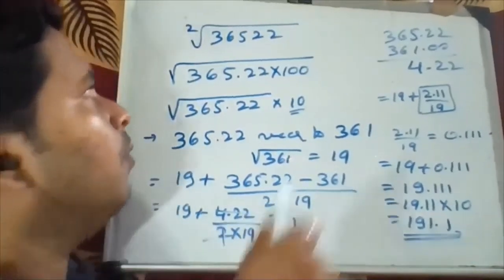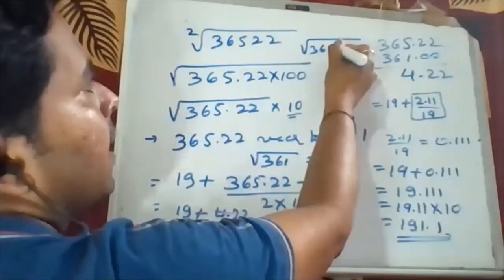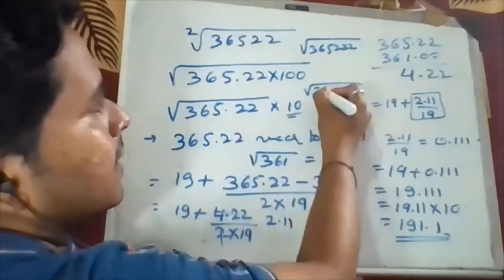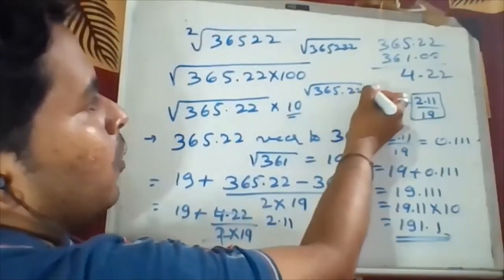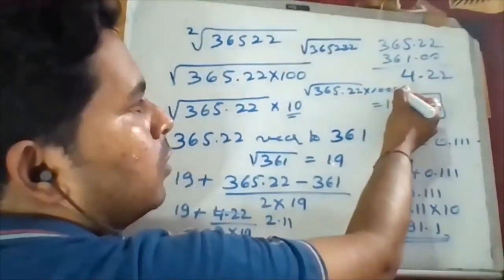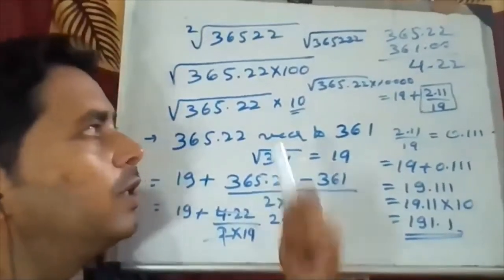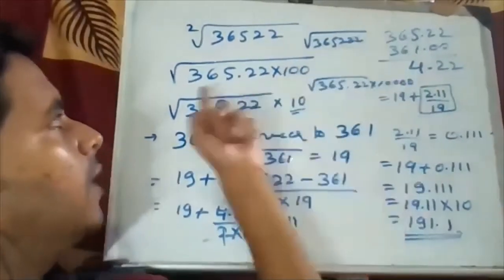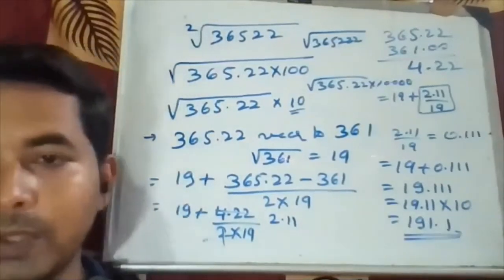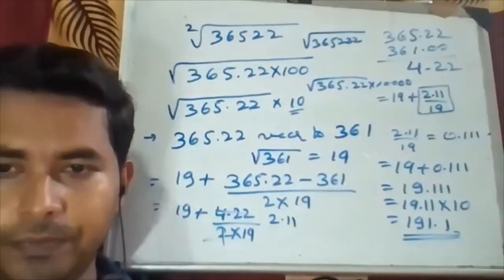Suppose अगर आपको सेम क्वेश्चन 6 डिजिट का है अभी 365,222 है, then what you have to do is the same, like 365.22 into 1000 you do. Instead of 1000, do 10,000. Okay, if you do the multiplication by 10,000, again you will get it in this same way, and at the end you multiply with a 100 when you get a 6 digit non-perfect value.